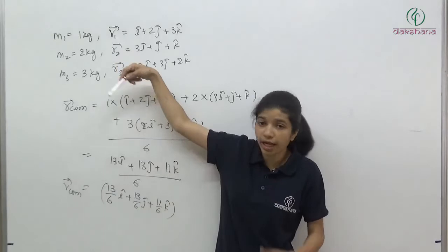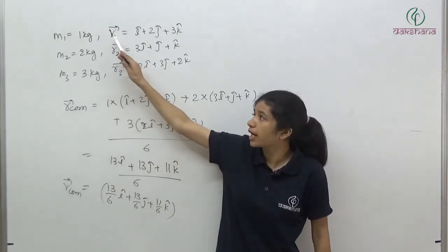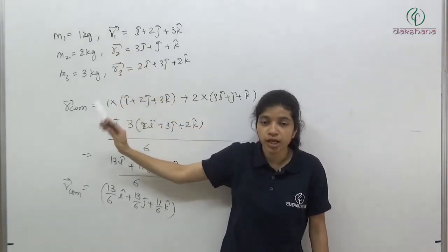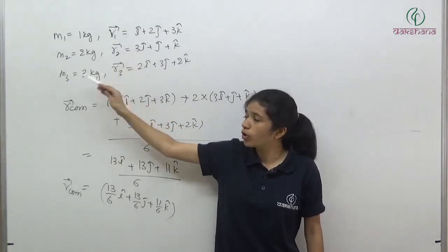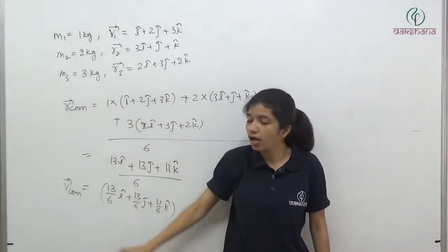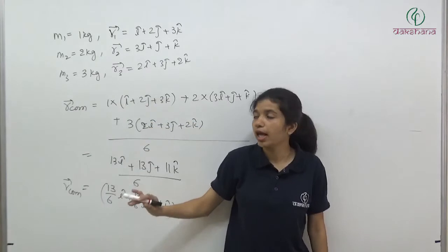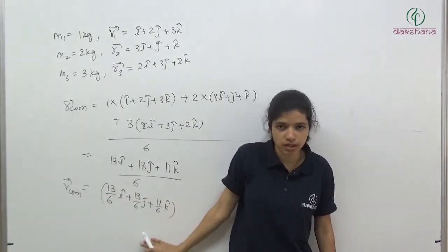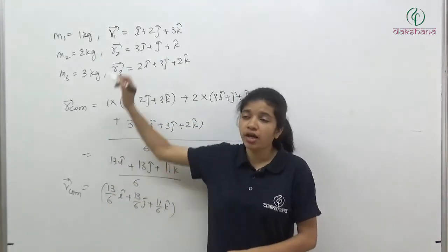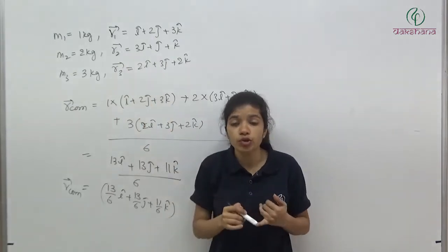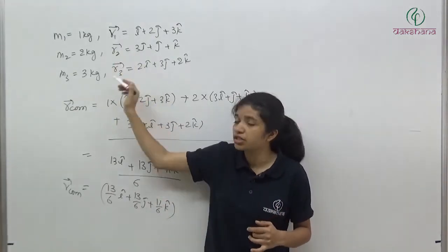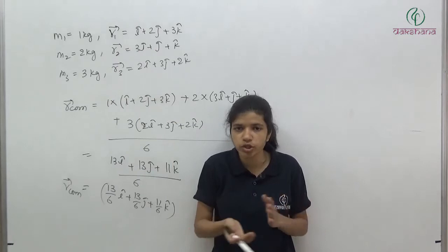Or for the next question, write here a1, a2 and a3. Instead of saying about all the particles, we can say that a mass of 6 kg is having acceleration equal to this, this and this. Clear? So here we have taken constant velocity and constant acceleration, and we are replacing these with velocity and acceleration of the center of mass.